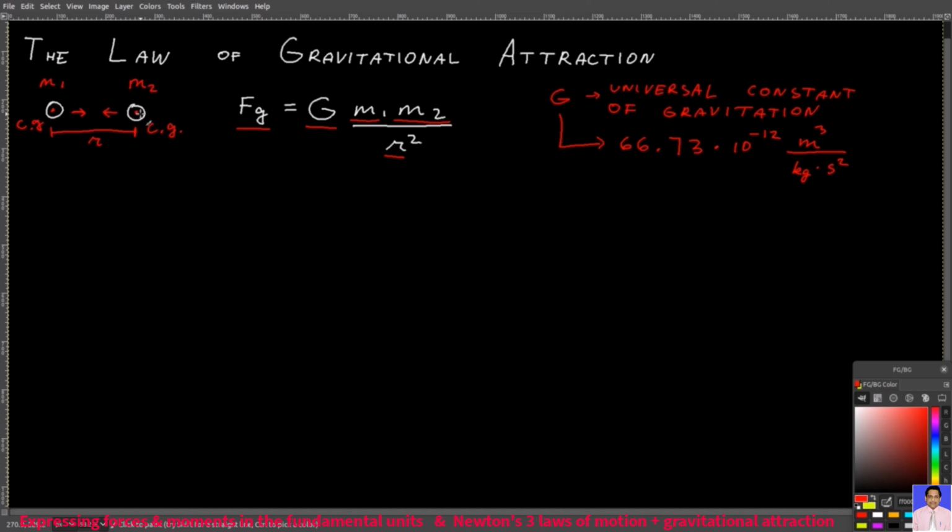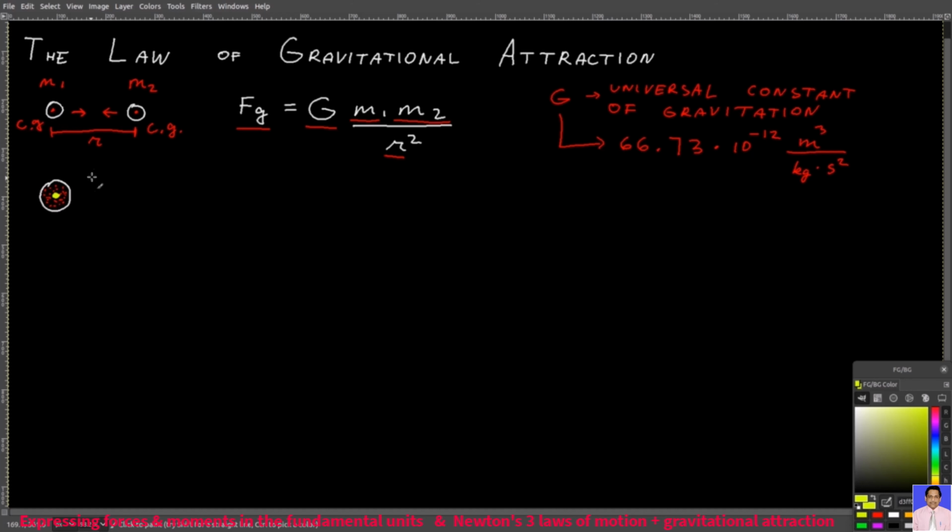If we assume that mass is distributed equally in the particle, meaning that the density inside the particle is equal, then the center of gravity will be in the center of the particle. If you had a particle where, for example, here you have a lot more density and here you have a lot less density, then your center of gravity would be maybe somewhere here. But we are not assuming that. We are assuming constant density, and so we can say that this r is the distance between the centers of